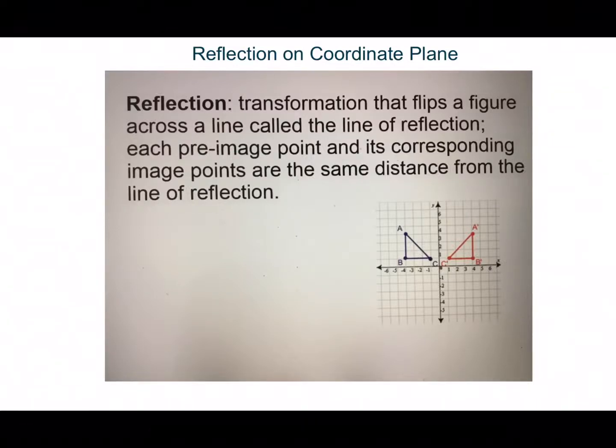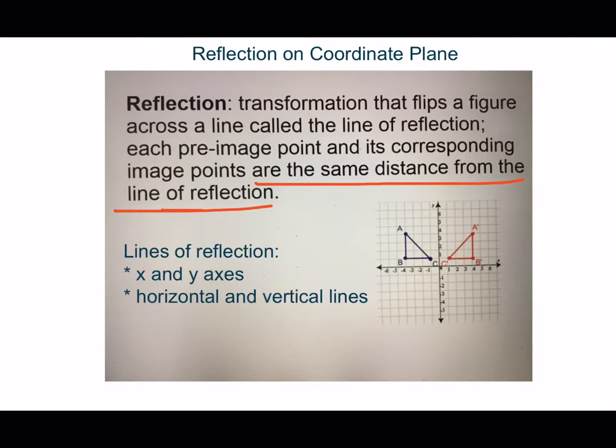We're going to continue now with reflection on the coordinate plane. Here is the definition of reflection again. It is a transformation that flips a figure across a line called the line of reflection. Each pre-image point, this is important, and its corresponding image point are the same distance from the line of reflection. We are going to need that part in order to be able to perform these reflections on the